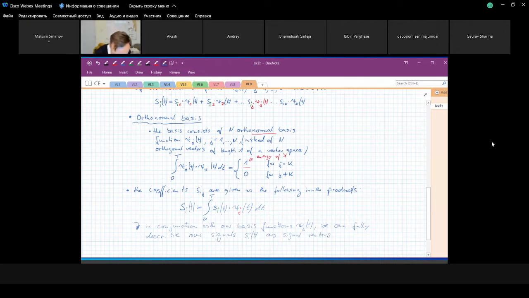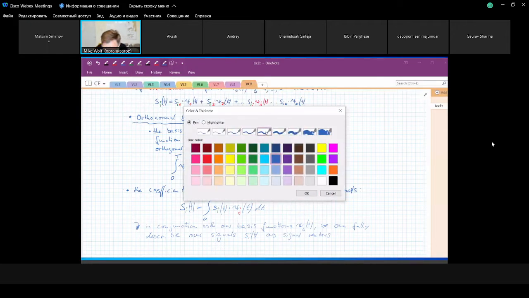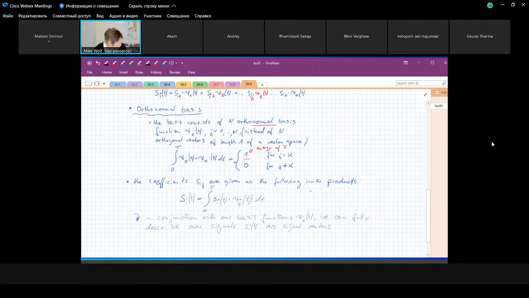And for signal vectors, again, I just need to increase the thickness here. As signal vectors,